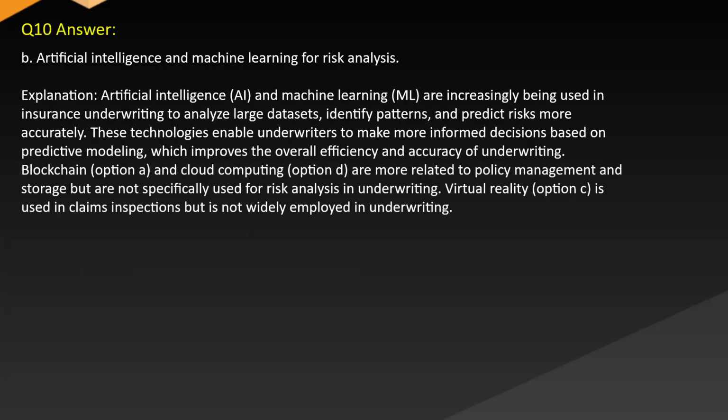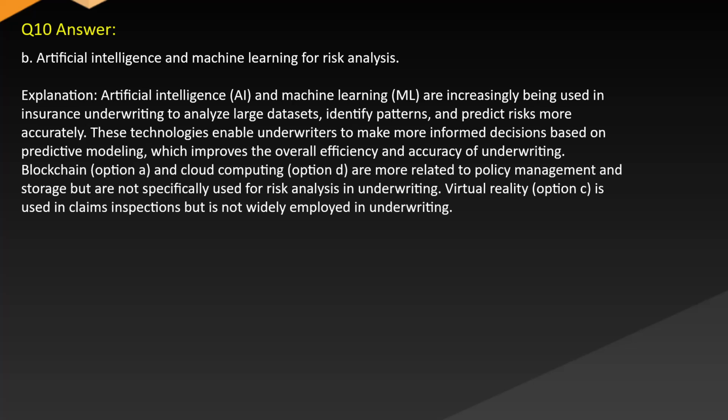Answer B. Artificial intelligence and machine learning for risk analysis. Explanation. Artificial intelligence, AI, and machine learning, ML, are increasingly being used in insurance underwriting to analyze large datasets, identify patterns, and predict risks more accurately. These technologies enable underwriters to make more informed decisions based on predictive modeling, which improves the overall efficiency and accuracy